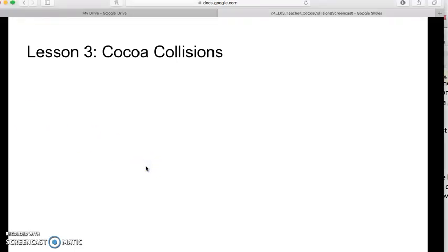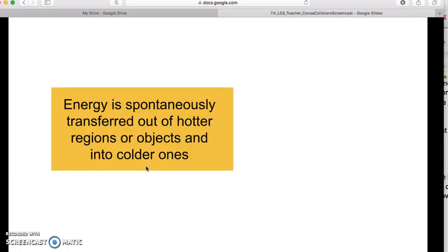Lesson 3, Cocoa Collisions. This lesson really works to explore the why behind a scientific fact that many students instinctively know. Energy is spontaneously transferred out of hotter regions or objects and into colder ones. Translation: hot things cool over time to the temperature of their surrounding environment. We know that this is true for our pizza and for our coffee, but we rarely stop to think about